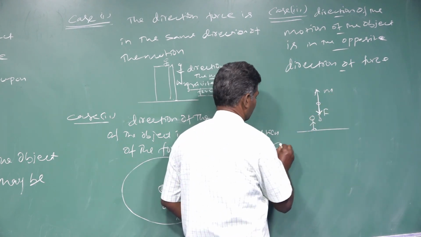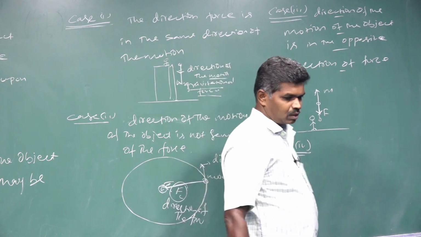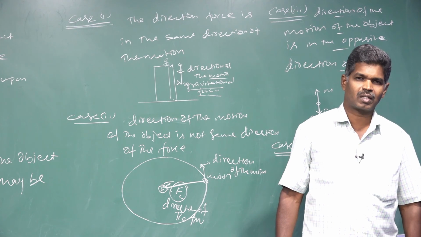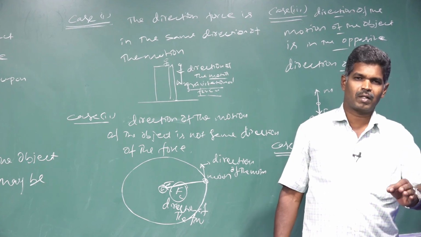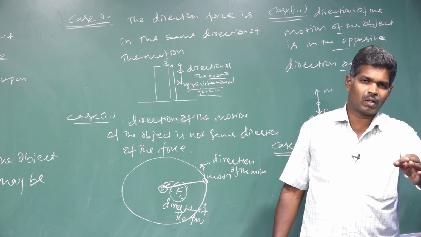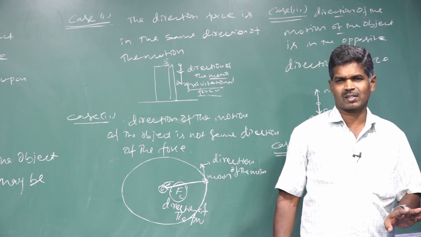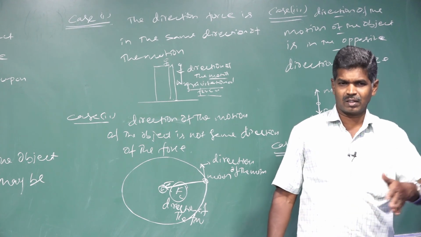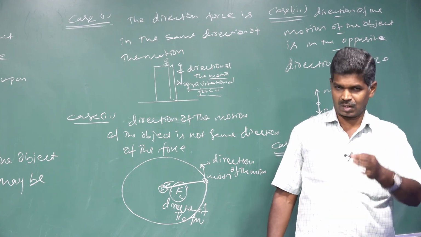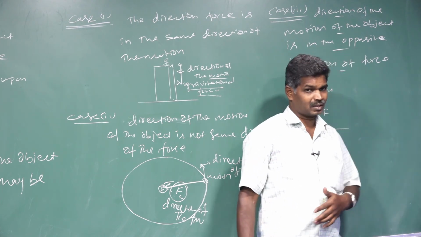Next, the third one. So the fourth one, sorry. Case 4. What does it mean? Our Newton's first law: what does it say? Unless compelled by any force, an object moves with uniform velocity or is at rest. We leave the rest case. We take an object moving with uniform velocity. Uniform velocity means constant speed in a particular direction.